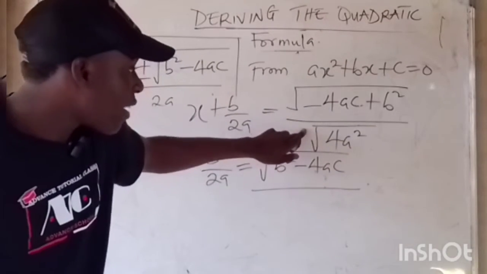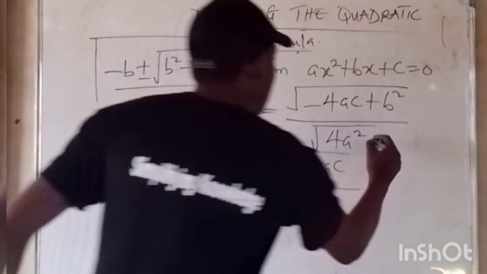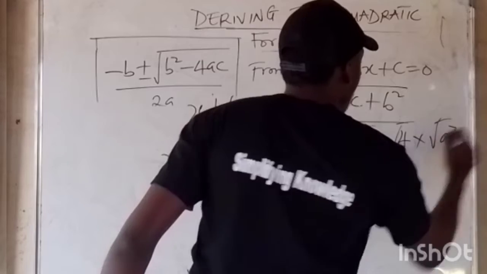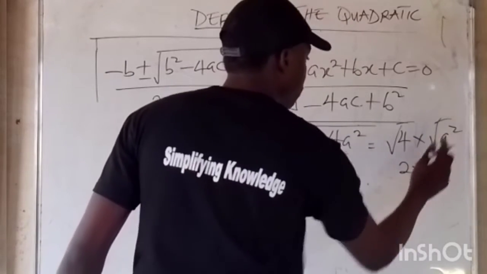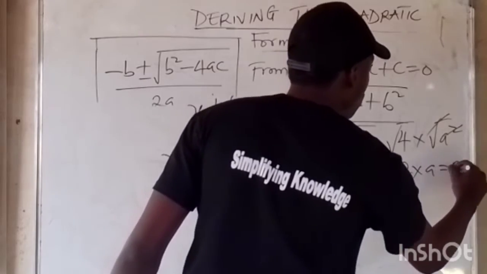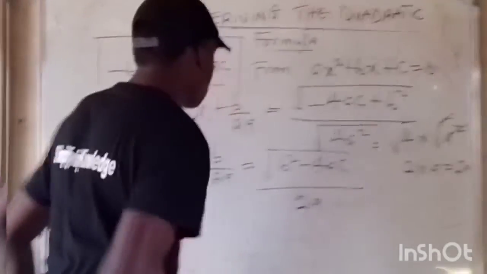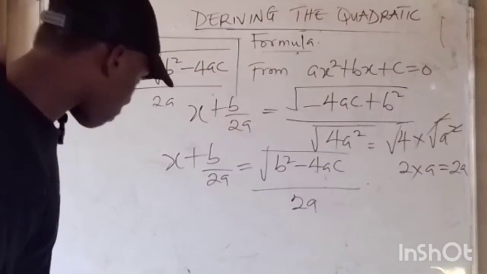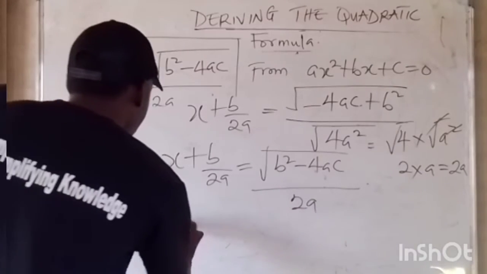You discover that I can break this down to be root of 4 times root of a squared, isn't it? From indices. Now this is 2 times a, which is 2a. So therefore my denominator is 2a. By further simplification, we have it that from here, from the left hand side, this is x equals to,